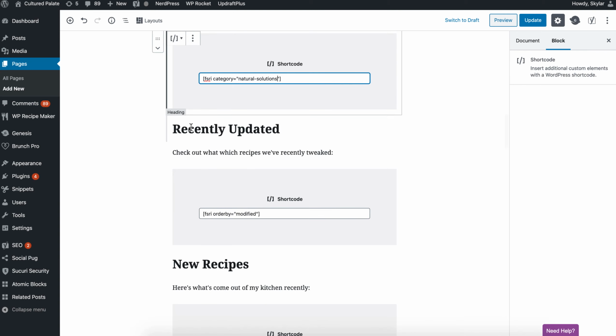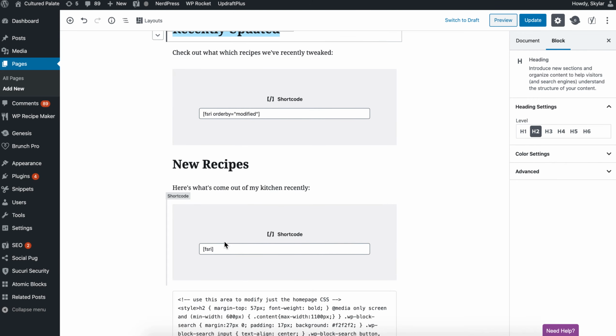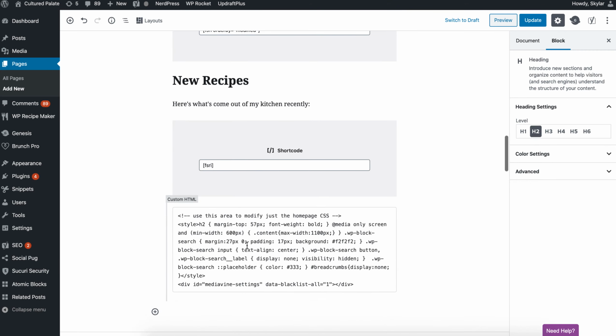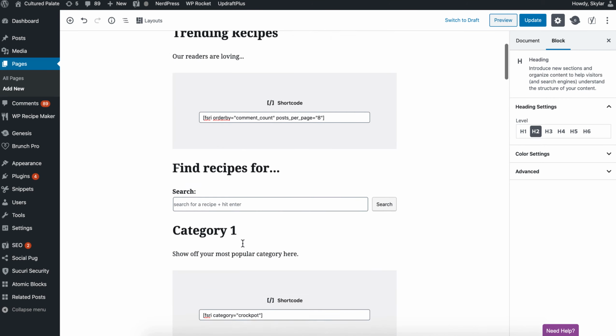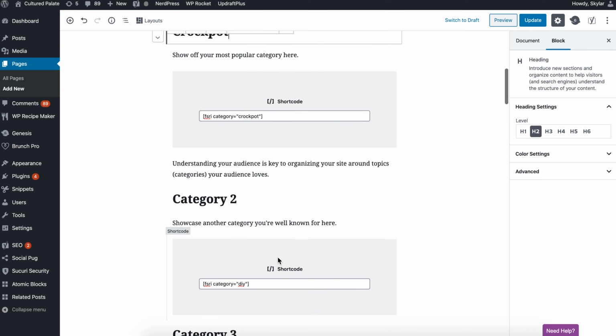What we've also had is a recently updated section, so anytime you update a post, it automatically gets filled in here, and new recipes. So this will, by default, sort by what has been recently updated. The CSS for the thing is down at the bottom here, so you can just ignore that for the time being. We do want to change the heading, set crockpot,